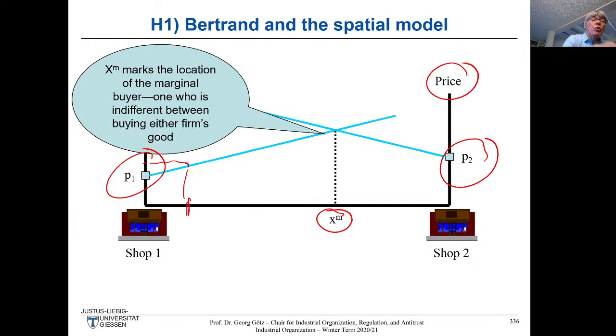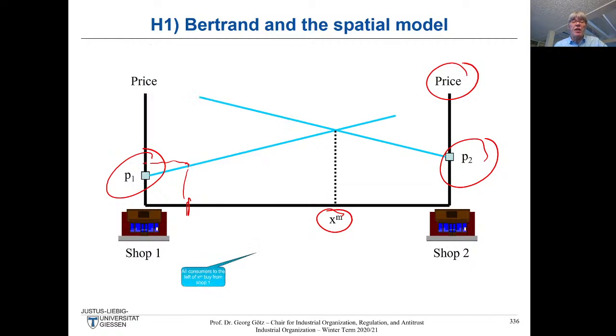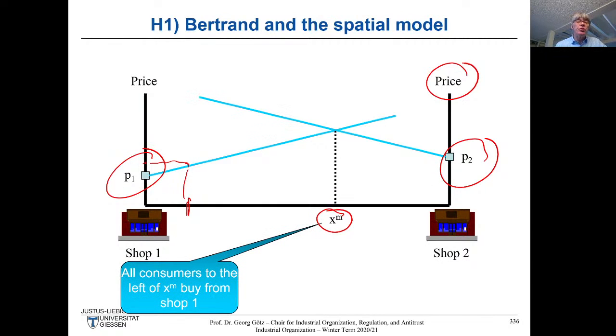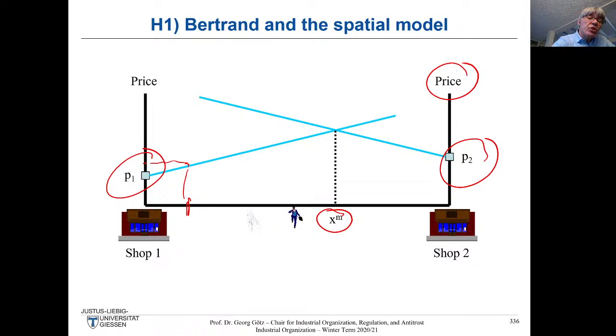So x_M marks the location of the marginal buyer, the one who is indifferent between buying either firm's good. And all consumers, this should be clear, these consumers here have much lower